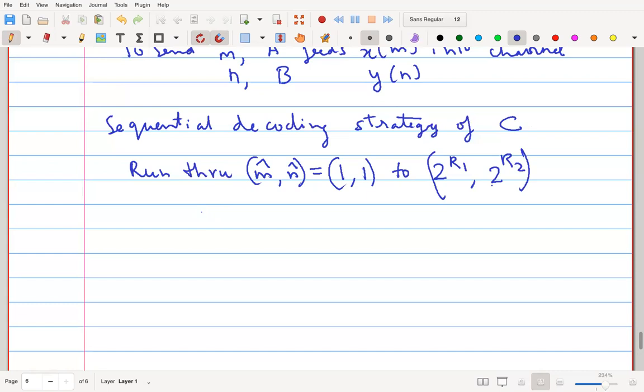And of course, the channel has outputted a symbol Z. So Charlie has seen the output symbol Z that the channel produced, and he's trying to make a good guess about what message pair could have produced this Z. So that guess will be his m hat comma n hat. So now suppose we are at the particular candidate m hat comma n hat. What Charlie will do is